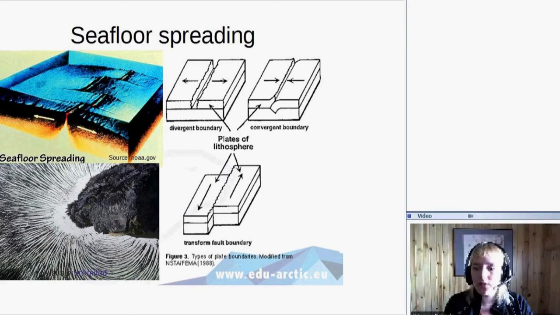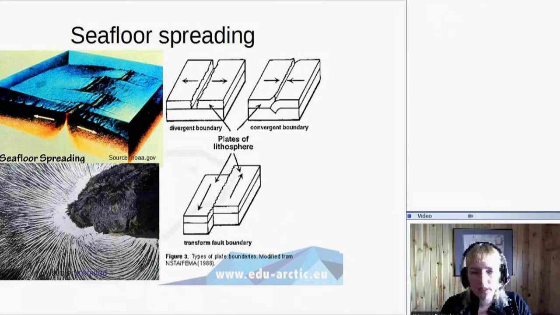But what does plate tectonics have to do with Earth's magnetism? So if we look at a seafloor spreading center in the oceans, it's a divergent plate boundary, so these plates are moving away from each other. And then new material is rising here from the mantle up, and as it cools down, it contains minerals that record the Earth's magnetic field. And as they cool down, they get this permanent magnetization. So if we make magnetic measurements of the ocean floor, we will see what the magnetic field was at the time when this